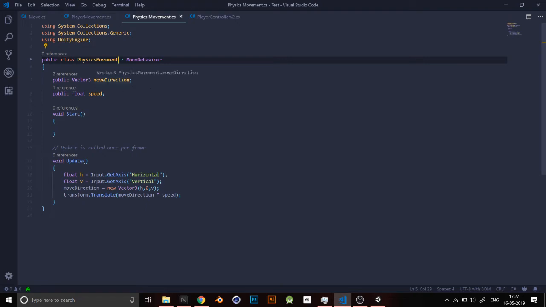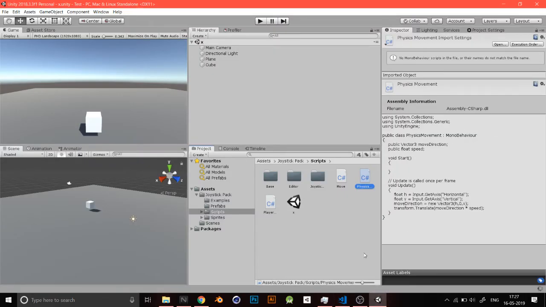So again, here also you need a move direction and you need speed. And in the same manner you need horizontal and vertical get axis, so you get the values and you get move direction. It's pretty much the exact same in these aspects. What's important here is you have to get the rigid body of the object. So what the rigid body does is basically,